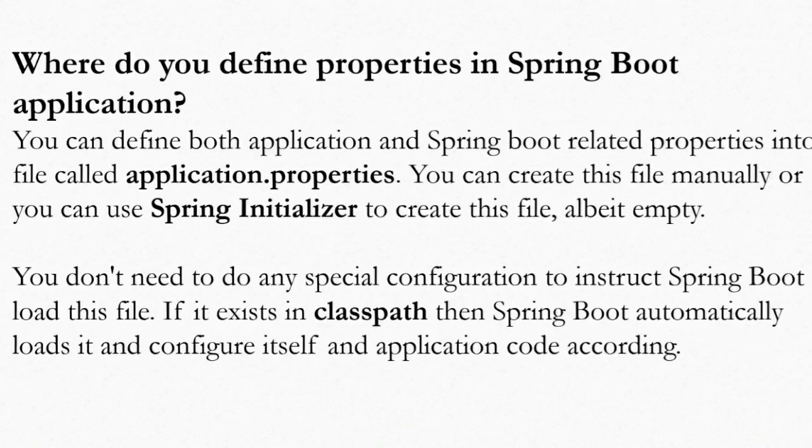The next question is, where do you define properties in a Spring Boot application? You can define both application and Spring Boot related properties in a file called application.properties. You can create this file manually, or you can use Spring Initializr to create this file. You don't need to do any special configuration to instruct Spring Boot to load this file. If it exists in the class path, then Spring Boot automatically loads it and configures itself and the application code